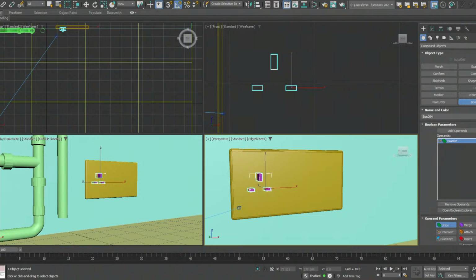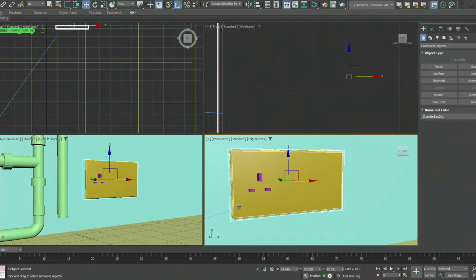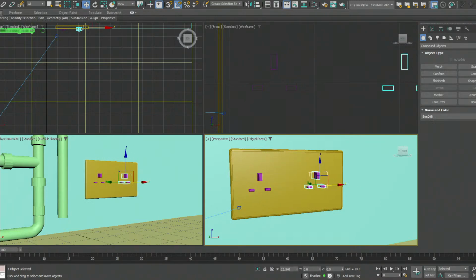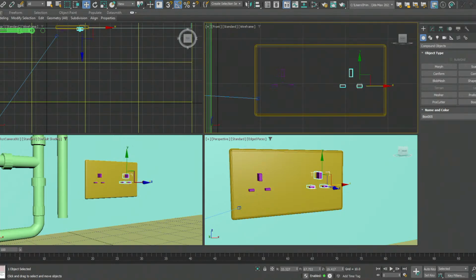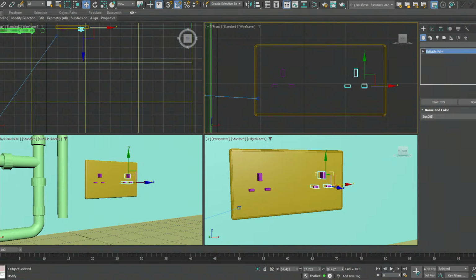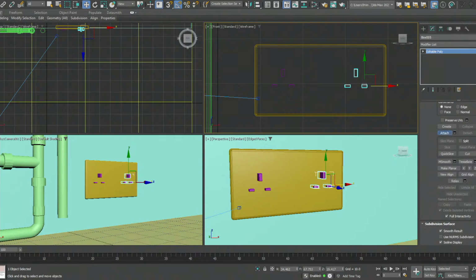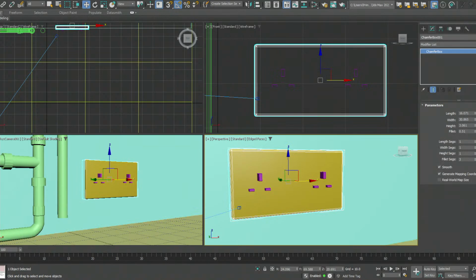So I have this selected. Oh, sorry, I made a wrong selection. So I'm going to undo that. I'm going to select the box instead. Before I do that, let's just do it once and for all. I want to copy. And I'm also going to attach this so that I get this done once and for all. So I'm going to select the box instead, and I'm going to rename this to be my wall outlet,